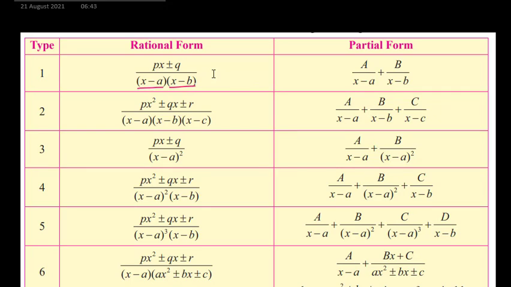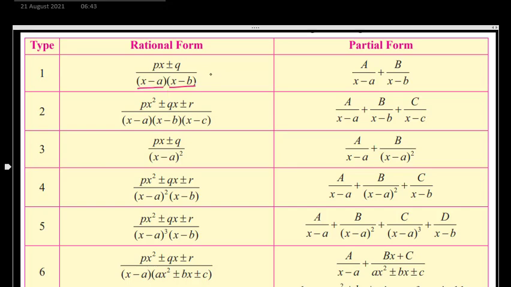If you multiply these two terms in the denominator you will get x square as the highest power of x, so its degree is 2, and in the numerator the highest power of x is 1, so its degree is 1. So always, when the degree of the numerator is less than the degree of the denominator, and if you are able to split the denominator as x minus a, x minus b, or x plus a, x plus b, two linear factors, then you can express this as A upon x minus a plus B upon x minus b. That means you can separate these two linear factors like this.